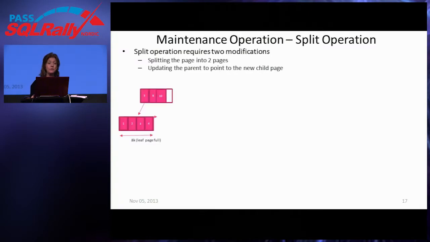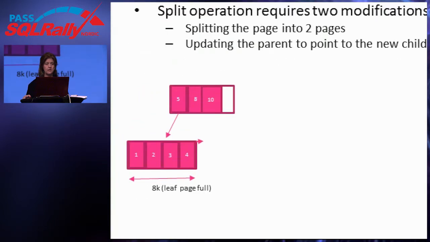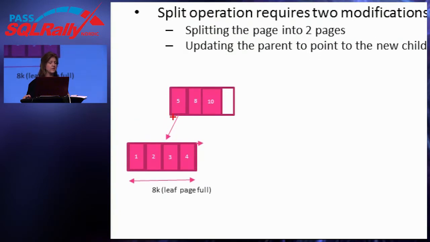a split on a BW tree page, in the picture here, we've got at the internal level, a 5, an 8, and a 10. The page with the upper limit of 5 is full. Notice that there really isn't even a 5. That doesn't matter for the B-tree indexes. It doesn't store the actual data values in the internal pages. It just stores what the maximum possible value on that page could be.